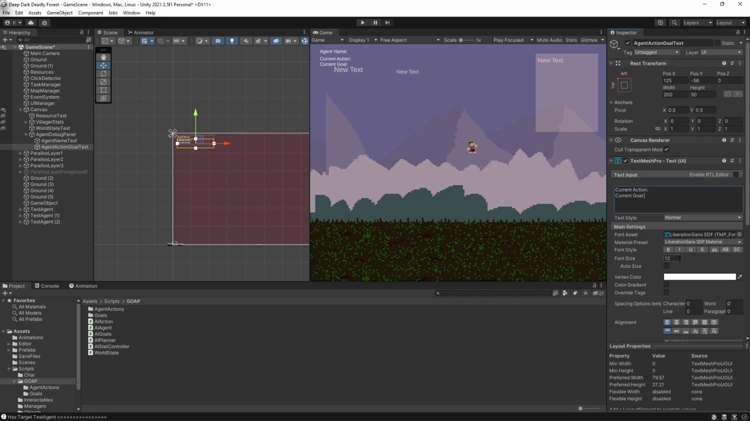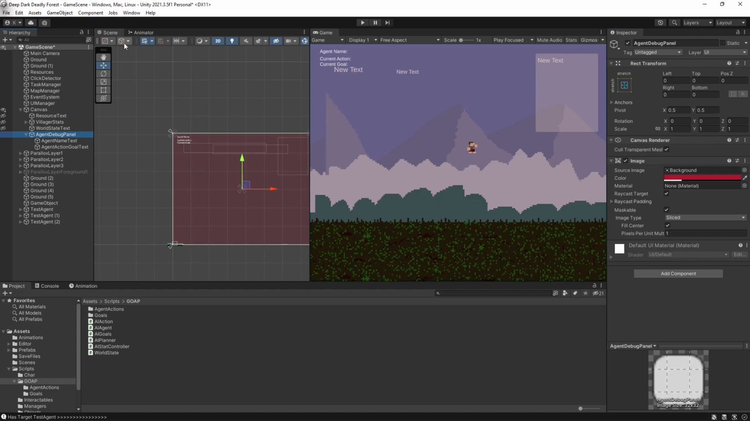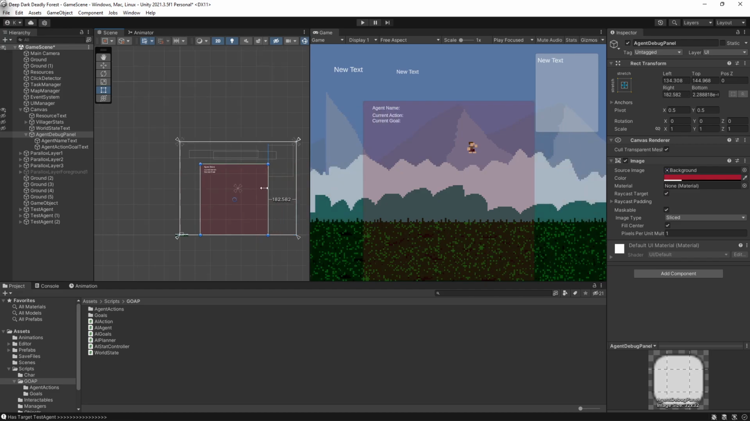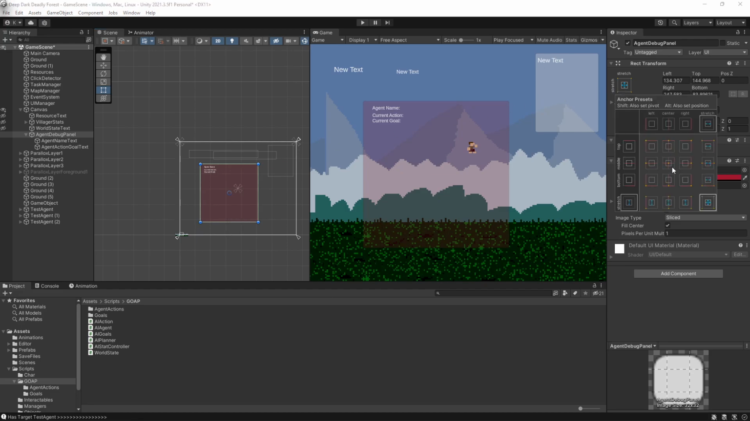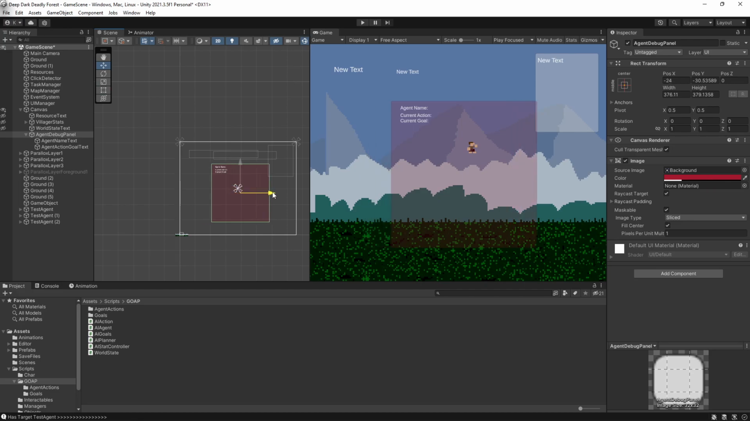Yeah, maybe we should make the font size a little bit bigger. I don't know. That's fine for now. And it might be that I take this panel and I just kind of make it smaller. You know, something like that. Maybe we put it in the center instead. Okay. So then